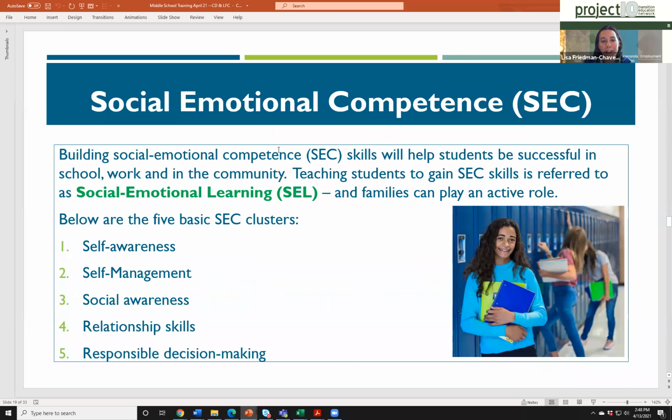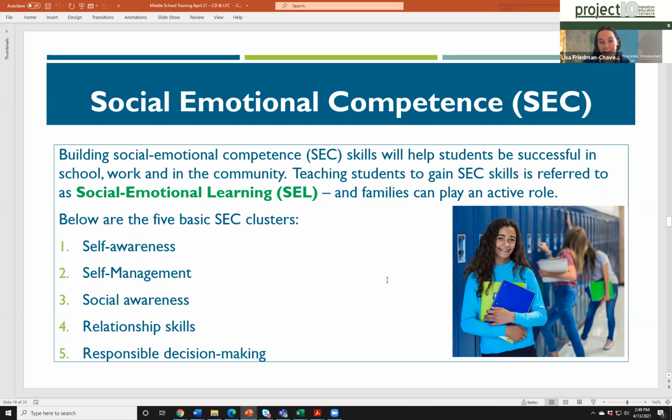And a lot of times I don't hear SEC as much as I hear SEL, but I just wanted to go into that a little bit more, and you can get more information in the trail map. But as far as building social emotional competence skills, you're really helping the students so that they can not only be successful in school, but it will help them to be successful in work, and it'll also generalize to their success in the community. And teaching the students to gain the SEC skills is what's referred to as SEL, the social emotional learning. So that's what we tend to hear, the catchphrase, SEL, but that's